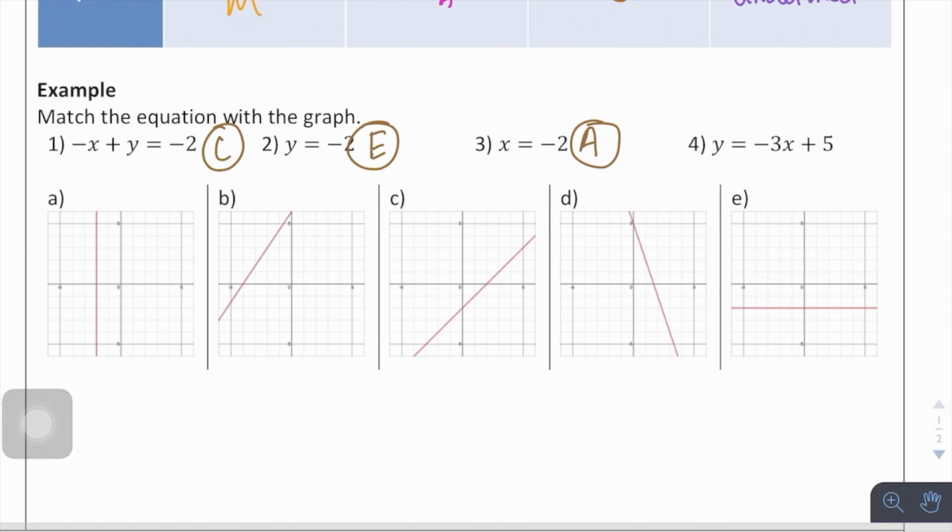And then let's see here. We've got the last one here. It has a y-intercept at 5. And the only line with a y-intercept at 5 that we have is D. So, and that's our linear